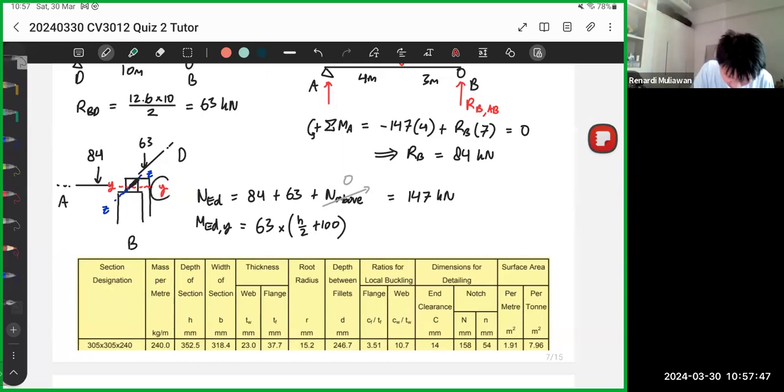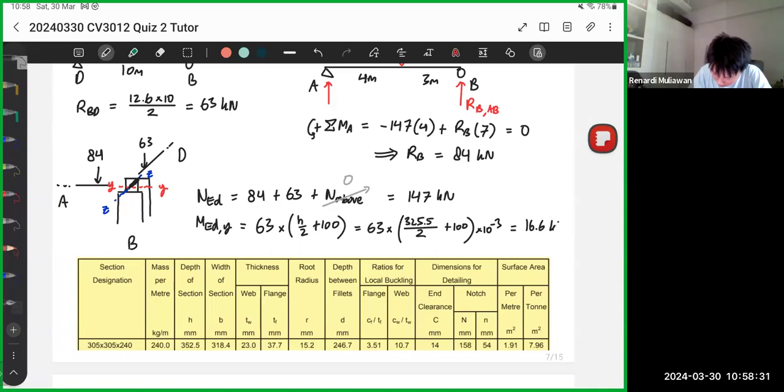Because this is YY, right? So this is the distance, so it's h over 2. So 63 times h over 2, where h is 325.5 divided by 2 plus 100. Again, this one is kilonewtons and this one is millimeters. So if you want to make it kilonewton meters, you need to multiply by 10 to the power of negative 3. So 63 times 325.5 divided by 2 plus 100, divide everything by 1000. You will get 16.6